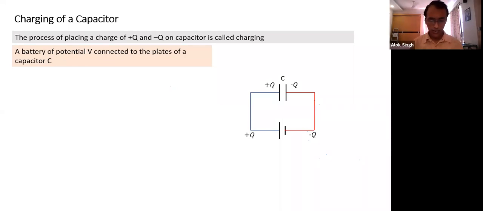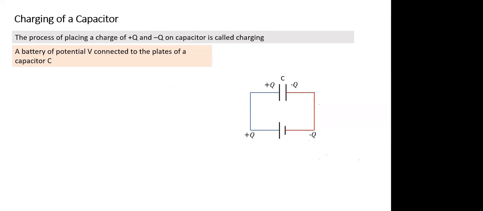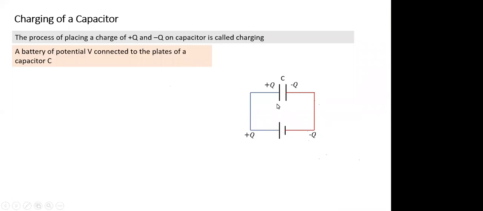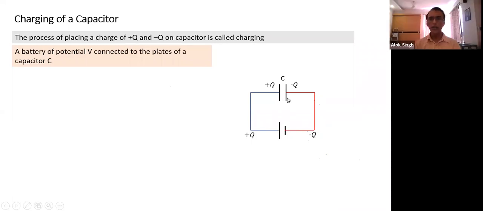How long will the charge flow? Tejas, why would the charge flow? To make the potentials equal. Okay. So this plate's potential has to become equal to the positive plate, and this plate also has to become equal to the negative plate. This has positive charge, this also has to acquire positive charge, and this also has to acquire negative charge. So charge will flow to make the potentials of the plates equal. Or, a better statement: charge will flow until the potential difference across the plates of the capacitor becomes equal to the potential of the battery.